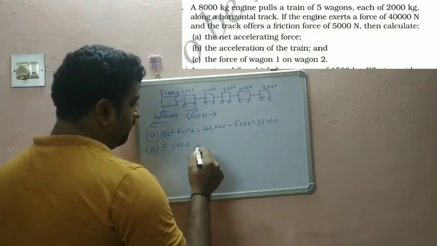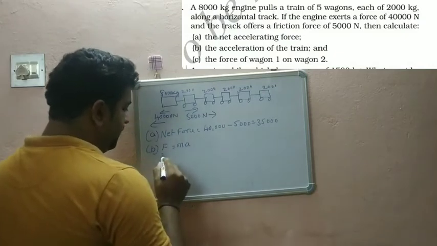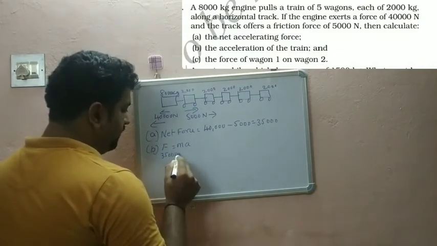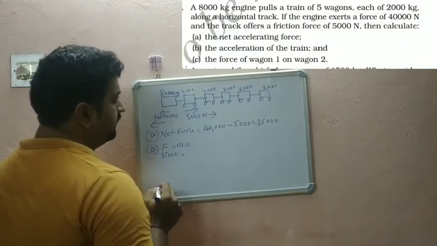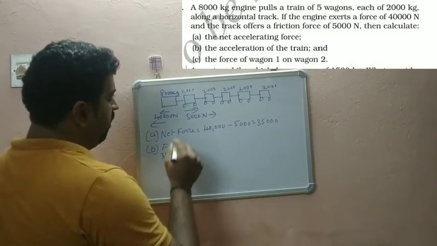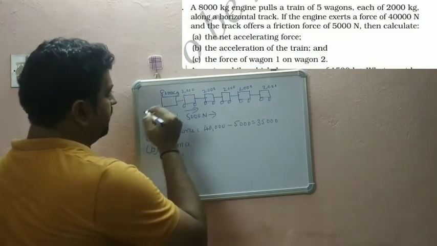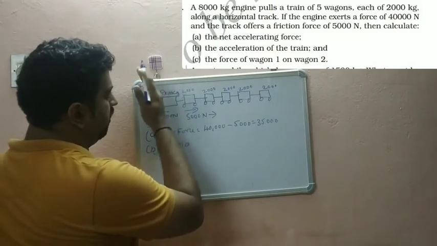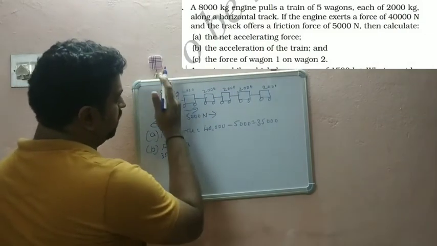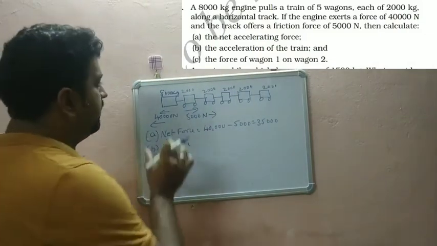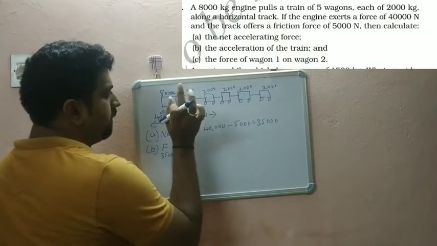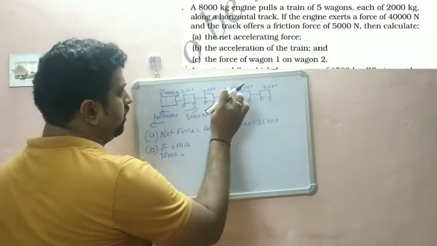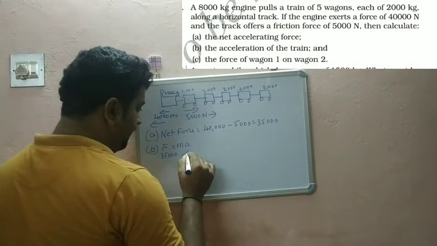So F is how much? F is this value you have to take. So it is 35,000 is equal to m is how much? M is of the engine they have asked. So you should not take this value, like engine or wagon they have asked. So you should not take the value of the mass of the engine. Remember that. So 2, 4, 6, 8, 10. So it will be 10,000